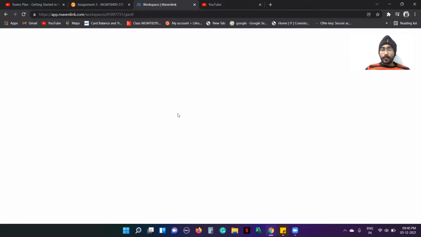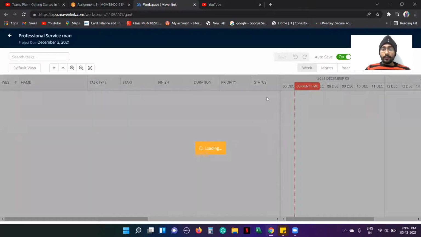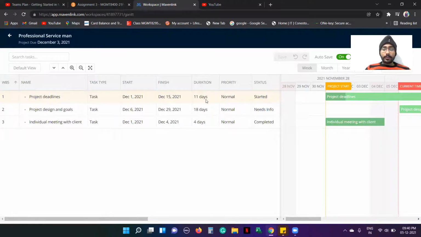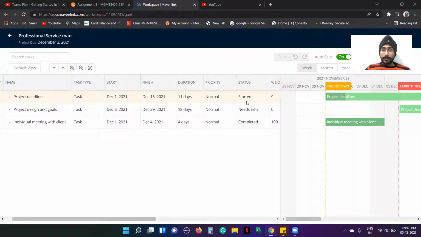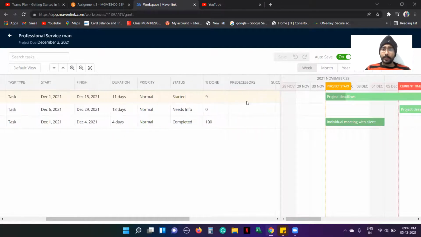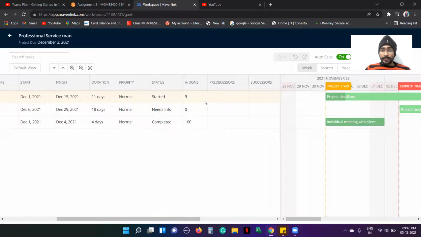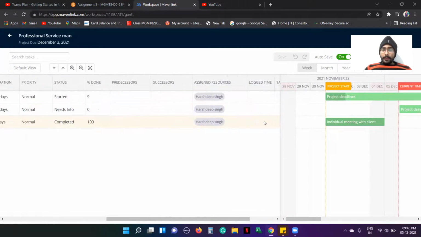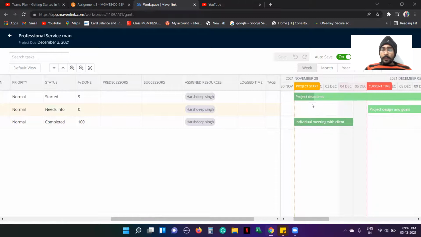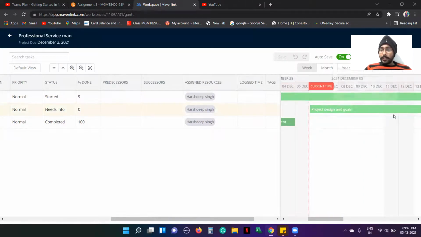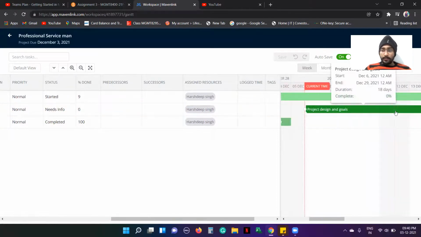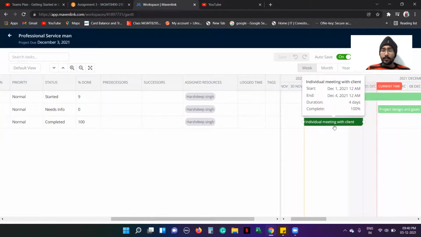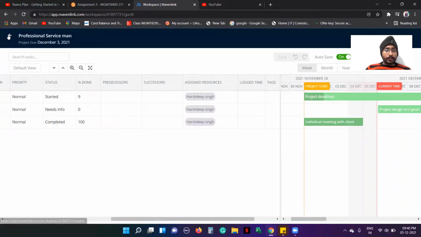From this overview of the Gantt chart, we can show our duration and the status of the project, whether it is started, not started, or completed, and what percentage is completed. From this view, we can also increase our timeline, and we can adjust according to the need of the project. And if the scope changes, we can add more duration.